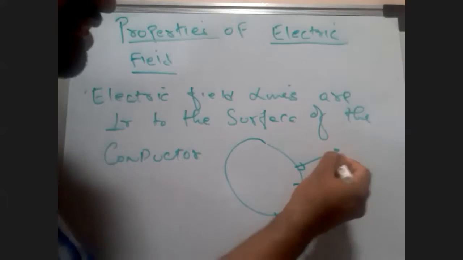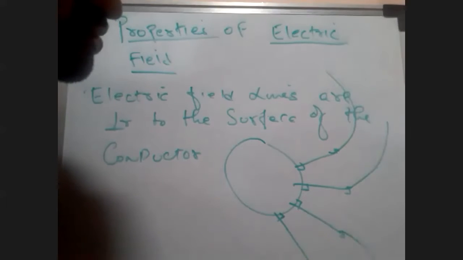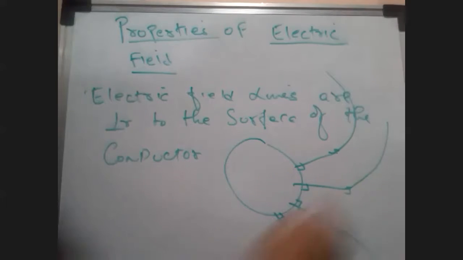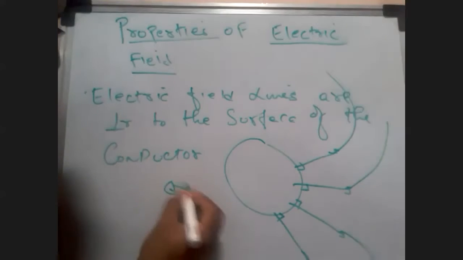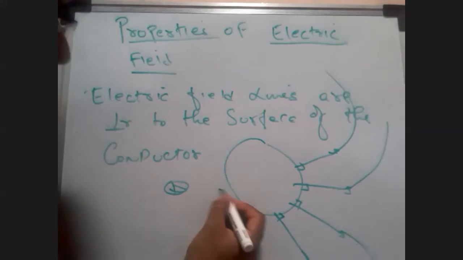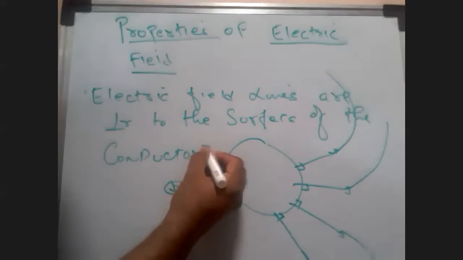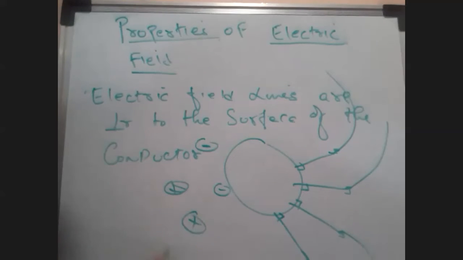Later on, whether it bends or contracts doesn't matter unless there's another conductor with another charge, positive or negative, which we will see. So take a positive charge, a negative charge, a number of positive and negative charges, and draw electric field lines among them. Say there's a positive charge here, a negative charge in the same area, another negative charge, another positive charge. Please draw the electric field lines. Try to imagine them.